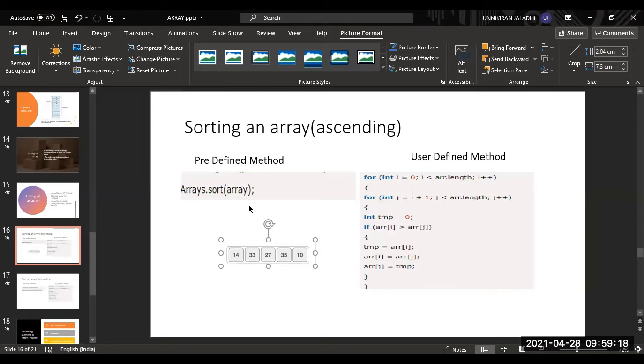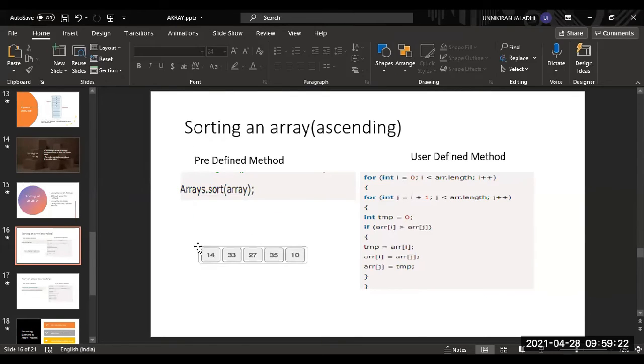Okay, see this, I just copied this one. Inside this we have array of i and array of j. Here the value is initially 0, and here it is 0 plus 1. It compares these two things side by side, so the first element is compared with the second element.